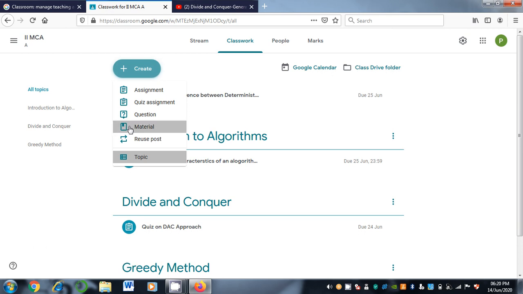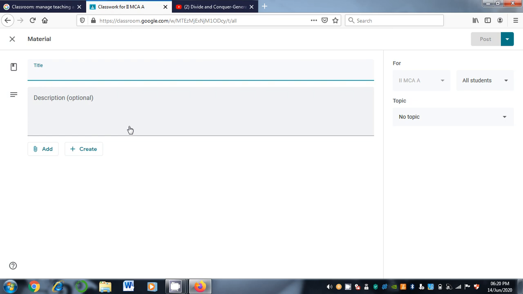And you can also post materials to your students. That means you can share PDF files or Word documents or YouTube links, whatever it may be. For example, I want to share greedy method knapsack problem. So knapsack problem using greedy approach.